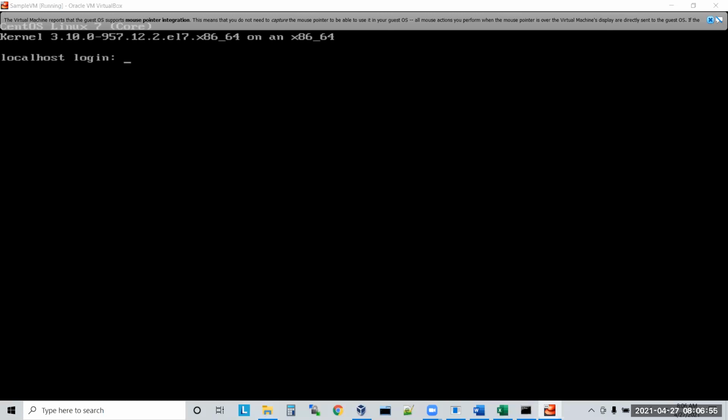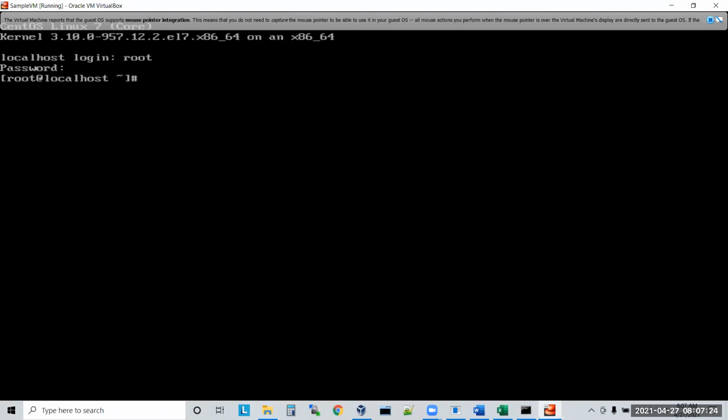So first one is localhost login. What is the one user we created, guys? Root. Root is the user which we created as part of this installation. Apart from that, we don't have any other user. Root, and welcome1 is the password. The password is hidden. Even if you type the password, it will not show that it is typing. Don't worry. You type your password and press enter. Now you are logged into your machine.